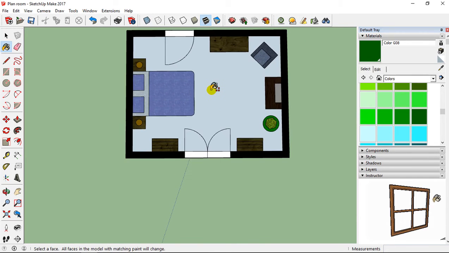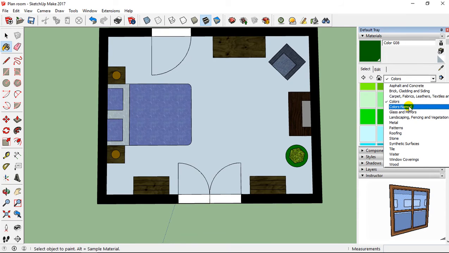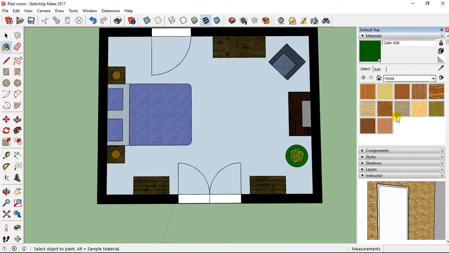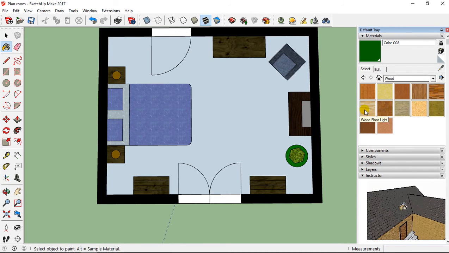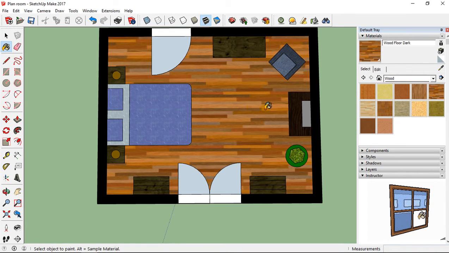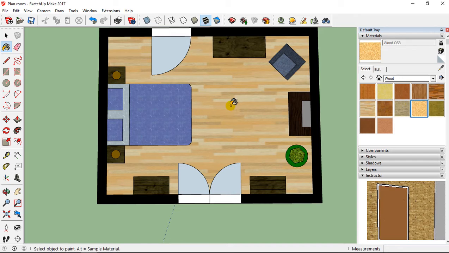Then I just need to change the color of the floor. So to change the color of the floor, I'm going to come back again on wood, and I would like to add wood floor light. So you have wood floor dark, wood floor light, but you can also edit the color after, or something like this may be better.